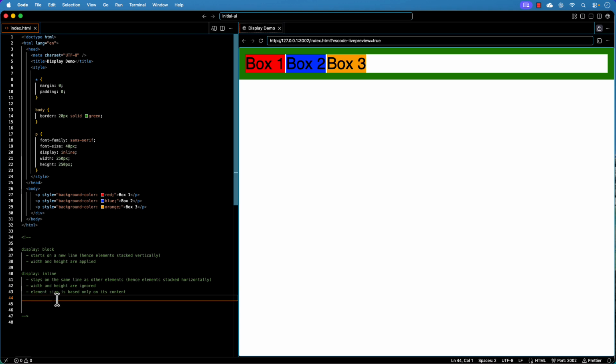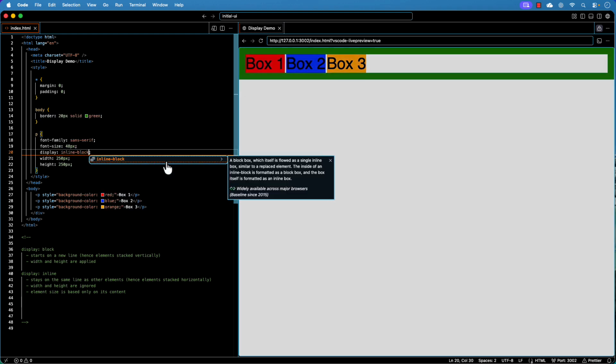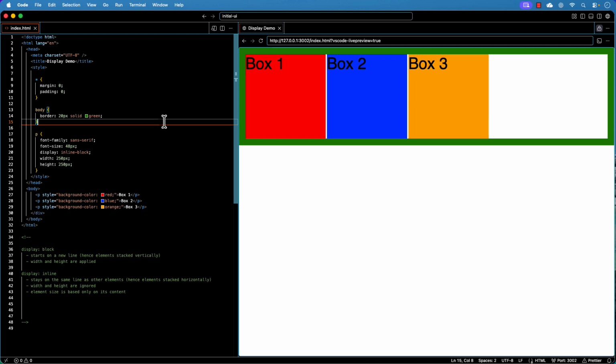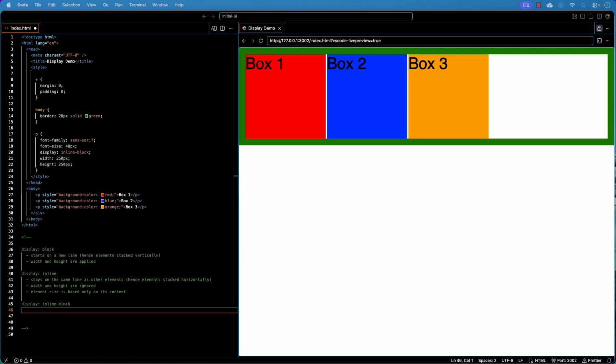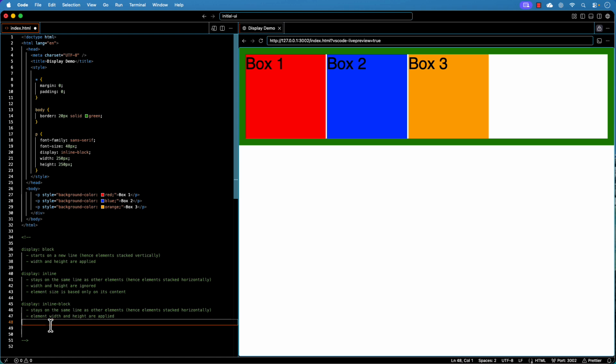Now there is a sort of halfway house value between these two, and this is known as inline-block. So if I change this to inline-block, we'll see that this is a sort of mixture of the two. So with display inline-block, well, it stays on the same line as other elements. We can see that they're stacked horizontally. But the element's width and height this time are applied. So we can see that they've retained the 250 width and height. And so it sort of behaves like a mixture of inline as far as being horizontal